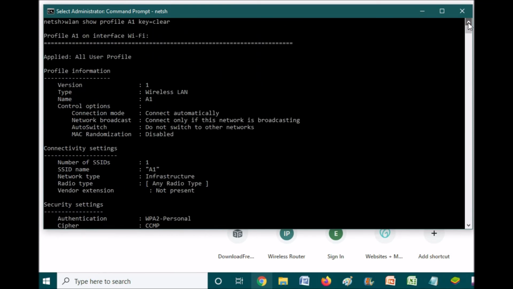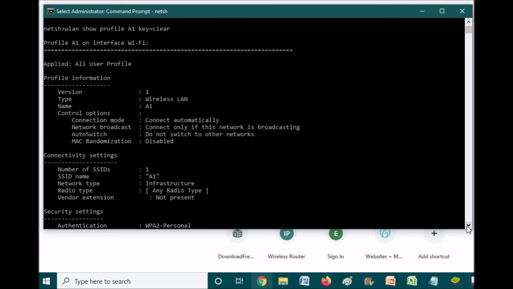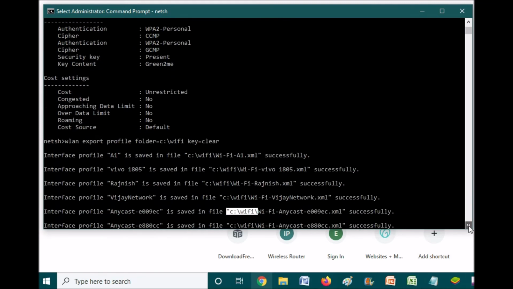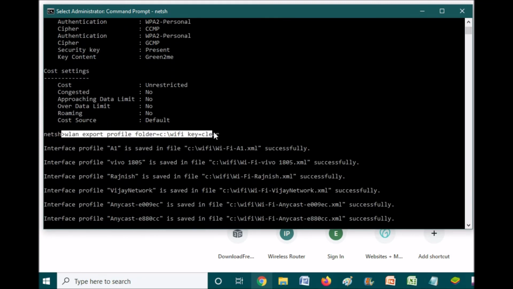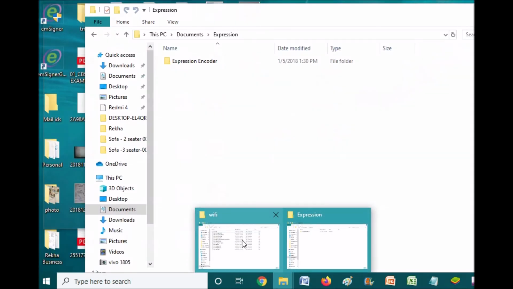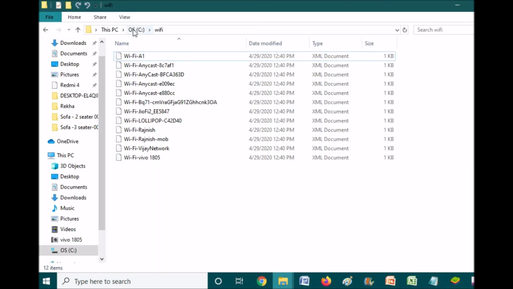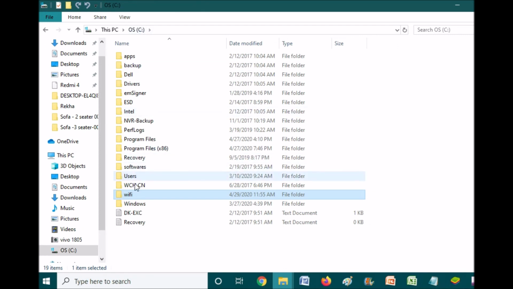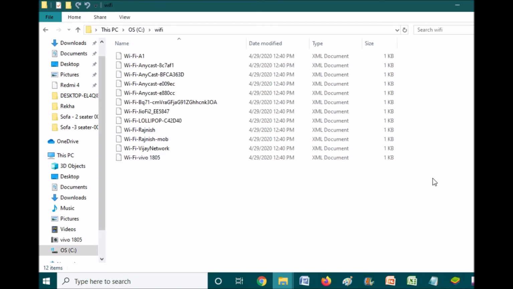Let me go back to my command again. We have given the path C:\Wi-Fi and it has copied everything into A1 and different files. I'm going to the C:\Wi-Fi folder as it is displaying.